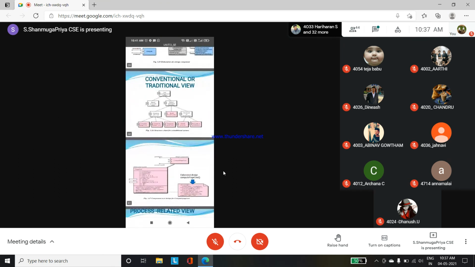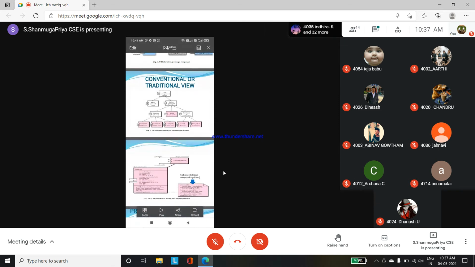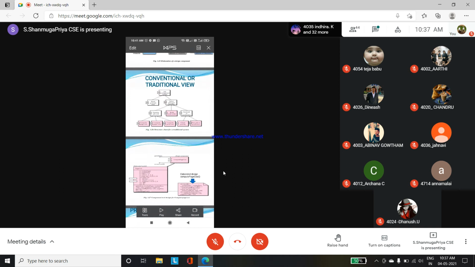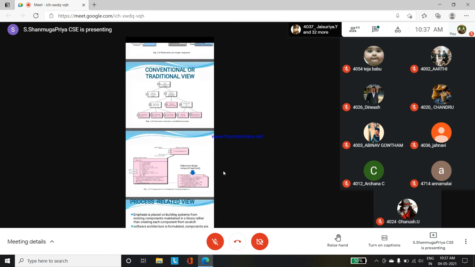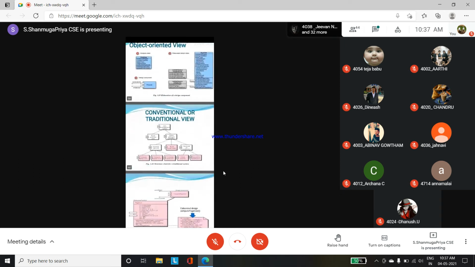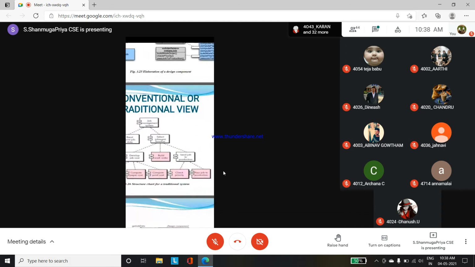In the conventional and traditional view, it is a simple version of the same diagram, which we draw elaborately. This is the structured chart format. From that we can identify things in the traditional view and the conventional view. In the object oriented diagram, if you are using any review points, or any algorithm that the programmers have to understand, we use a review box. We can also draw that in the conventional view.